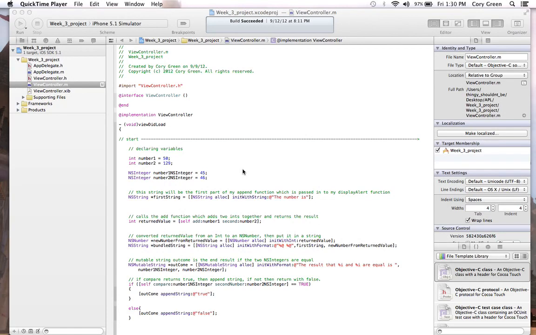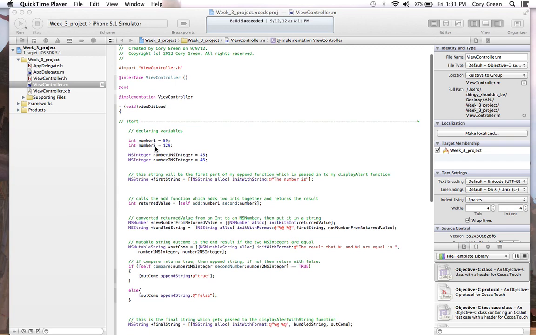This is week 3 of our Objective C programming class, and I'm here to talk to you about my project. I'm going to walk you step by step through what's going on, and then I will show you what it does. So basically, we're here in my viewDidLoad function, and I start off with declaring my integers,